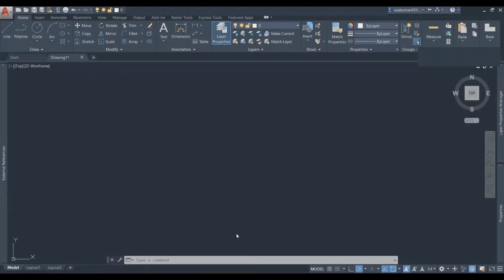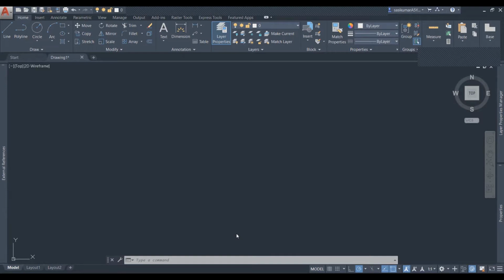For the last two weeks we have learned how to draw the drawings. Maybe somebody has already drawn some sketches, somebody is trying to draw, and somebody has already finished some drawings. But I haven't yet taught you how to measure a line or circle or arc or angle, whatever, that you want to